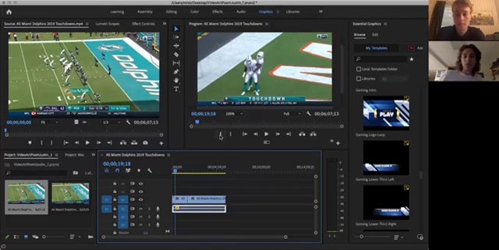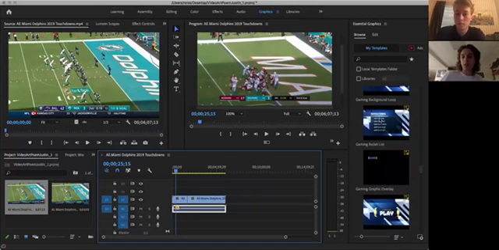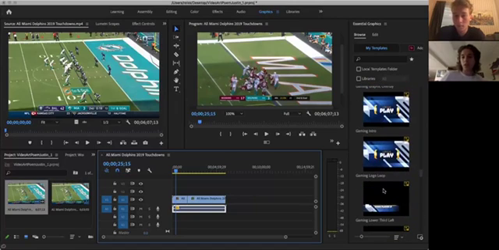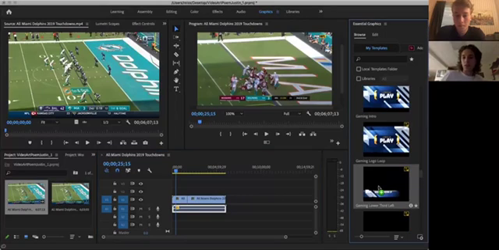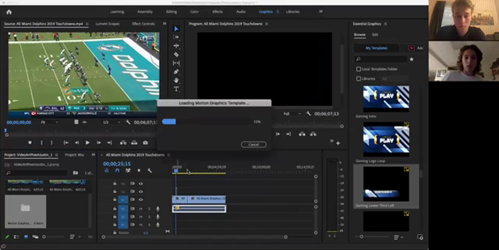So another way to really add some production value to whatever you're doing, if you go up here to graphics, because usually you'll be in the effects panel, but if you go up to graphics, you'll have all these graphics here on the right side of your panel. So if you drag a lower third over and put it there,